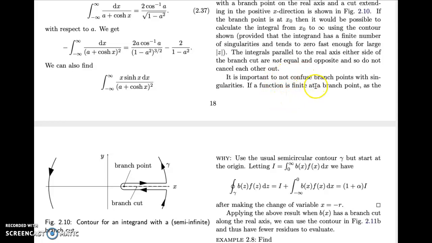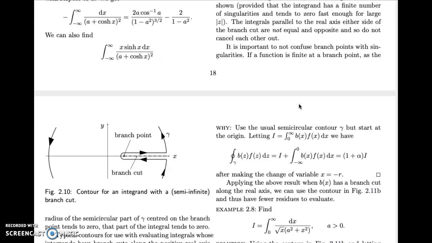Just one note. Don't confuse branch points with singularities. They're definitely not the same thing. A function can easily be finite at a branch point. So for example, square root of z has a branch point at 0. Obviously it's finite at z equals 0. As I've said here, if a function is finite at a branch point,